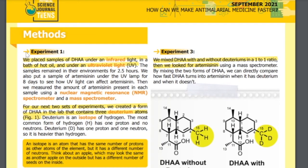Methods. Experiment 1. We place samples of DHAA under an infrared light, in a bath of hot oil, and under an ultraviolet light, also known as UV. The samples remain in their environments for 2.5 hours. We also put a sample of artemisinin under the UV lamp for 8 days to see how UV light can affect artemisinin. Then we measured the amount of artemisinin present in each sample using a nuclear magnetic resonance, NMR, spectrometer